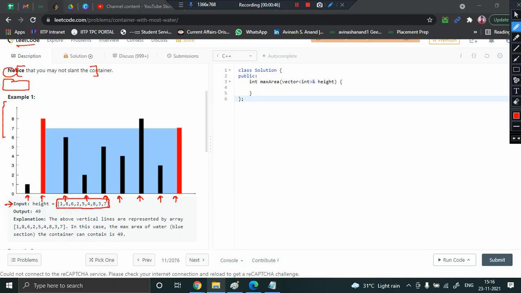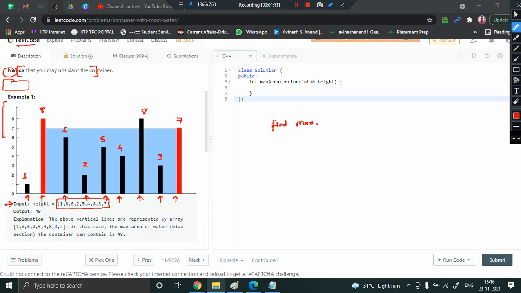You can see the heights are 1, 8, 6, 2, 5, 4, 8, 3, 7 respectively. So the height of this is 1, the height of this is 8, the height of this is 6, this is 2, this is 5, this is 4, this is 8, this is 3, and this is 7, right?